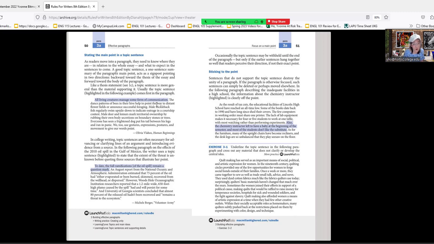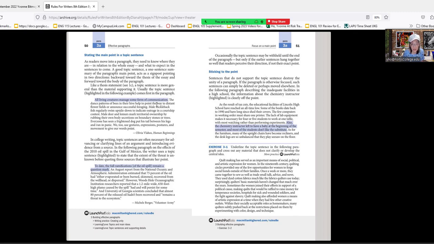However, Woods Hole Oceanographic Institution researchers reported that a 1.2 mile wide, 650 foot high plume caused by the spill had and will persist for some time. And University of Georgia students concluded that almost 80% of the oil released hasn't been recovered and remains a threat